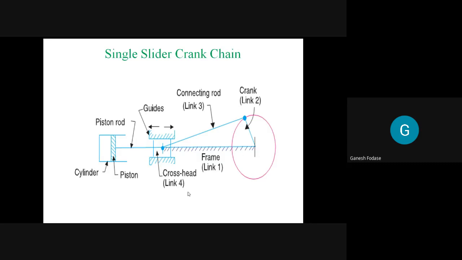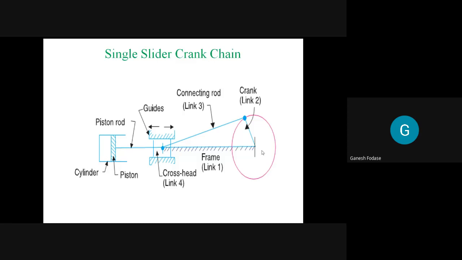It is known to you what we obtain when the frame is fixed. Let's say this is link number 1, which is fixed. So what happens in this case? Link number 2 will rotate about this fixed link, which acts as a crank, and this connecting rod will transmit motion to a piston through this cross-head arrangement. So basically, we obtain an IC engine mechanism. The example of the first inversion of the slider crank chain is the IC engine mechanism, in which input is from the piston side and output is the crank.